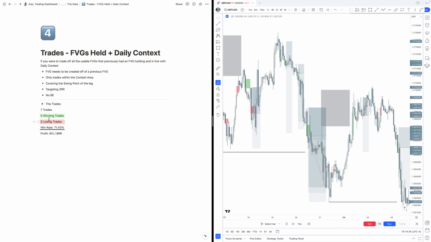That is a win rate of 71.43%, which is a little bit higher than the previous trading plan, and the profit is a little bit lower, which is 8%. So we take less trades, we make a little bit less profit, but we take a lot higher probability trades. Now, there is a downfall here, because if you now start adding rules onto rules onto rules,